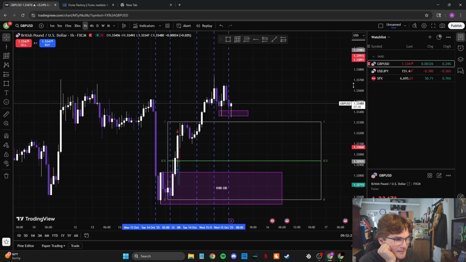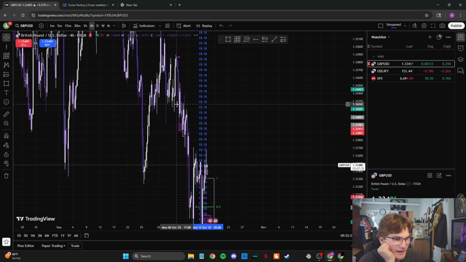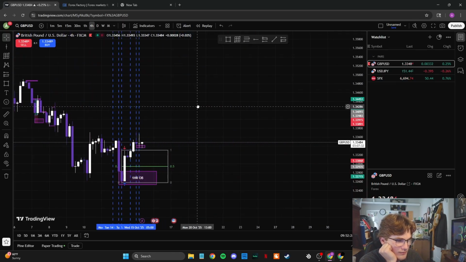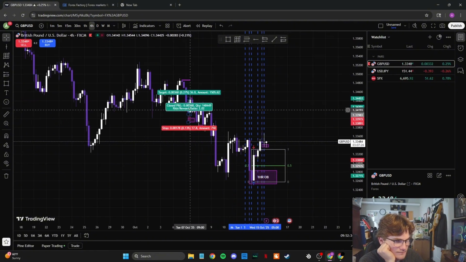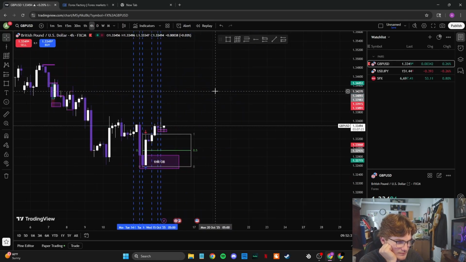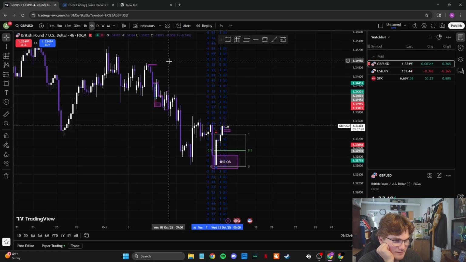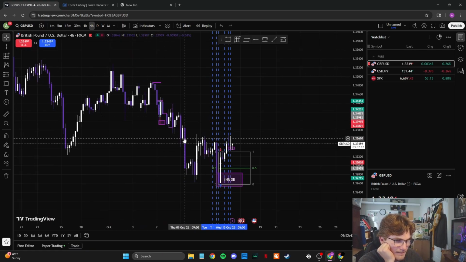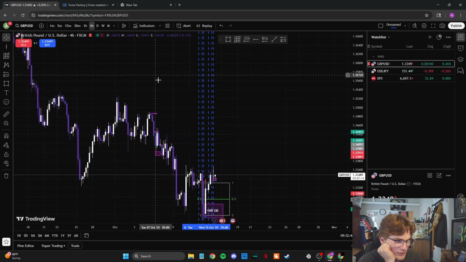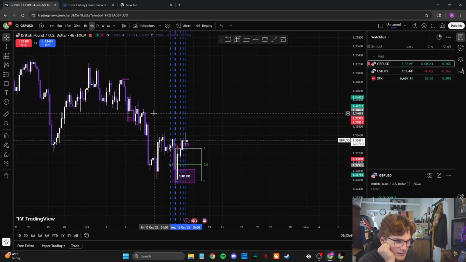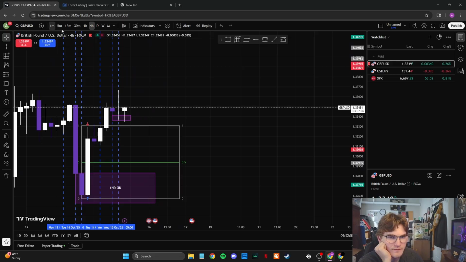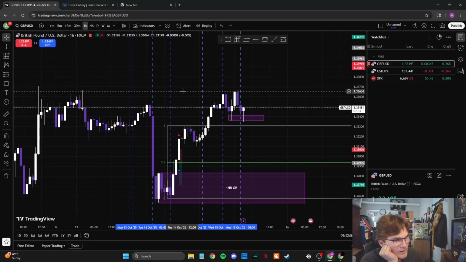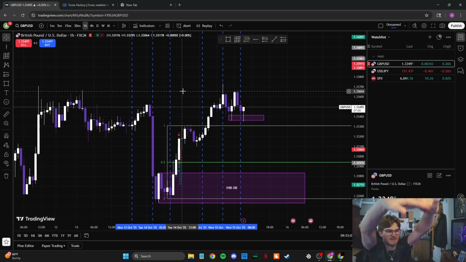It'd be a bullish equilibrium. I just don't believe that our bias on these high time frames is anything close to bullish. Recent market structure is slightly bullish, but that was just filling this imbalance. This is all just lower high, lower high, lower high, still a lower high. So we're still looking for bearish moves, in my opinion. But we don't have any setups for bearish, which is the problem.